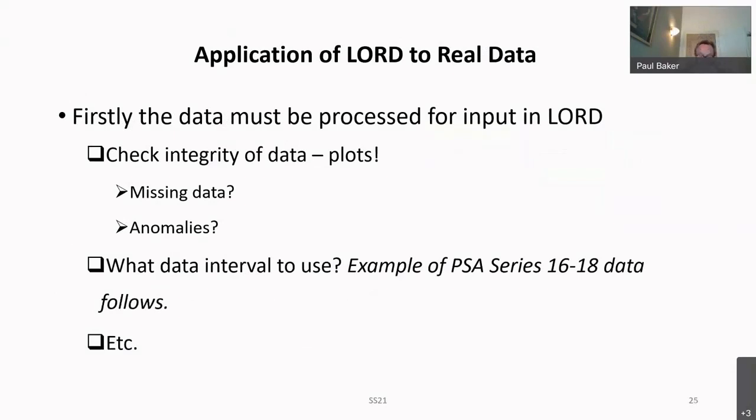So now application of LORD to real data. Firstly, the data must be processed for input in LORD. So you need to check the integrity of the data. So plot the data in Excel or other software. Check for any missing data, any anomalies. Then